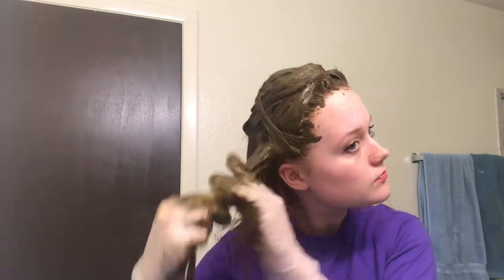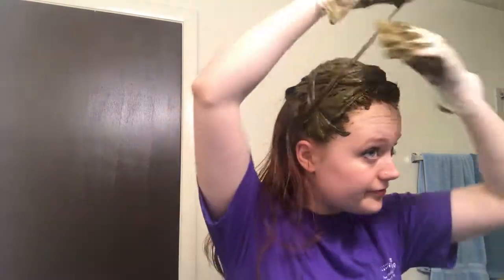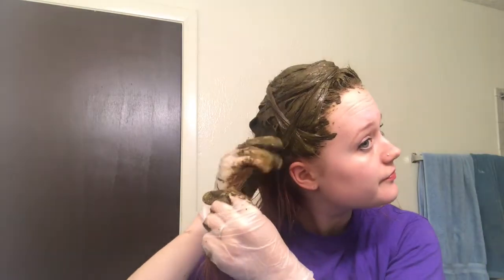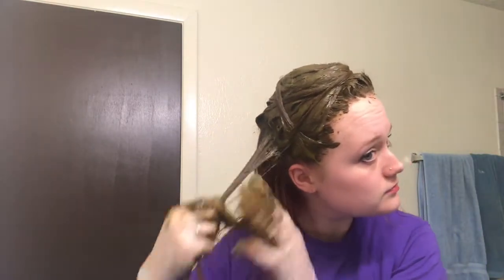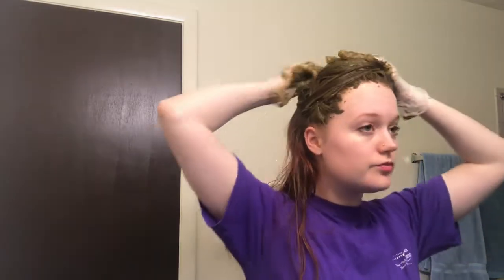If you've ever used it on your skin, you know that it comes out a little bit yellowish and then it'll darken to almost that brownish red. And that's the same process here. It's going to be a little bit lighter initially. It may even look like a brighter orange, and then it will darken as long as you don't wash it